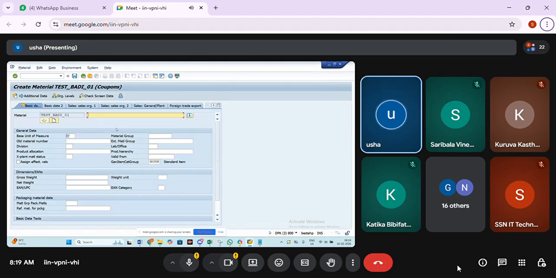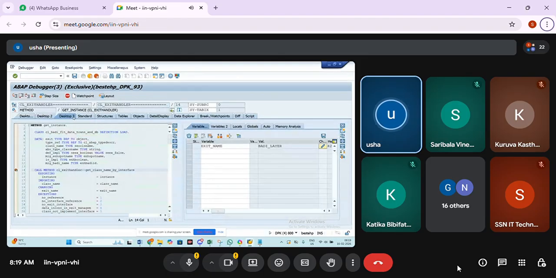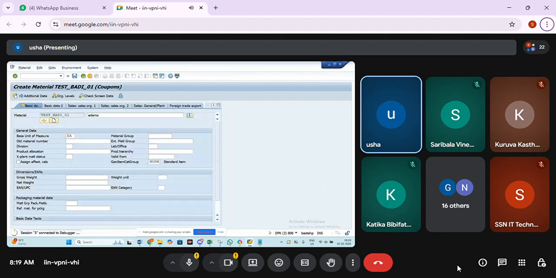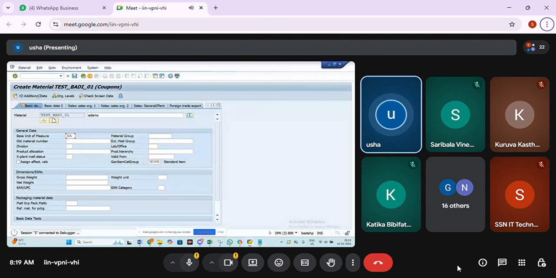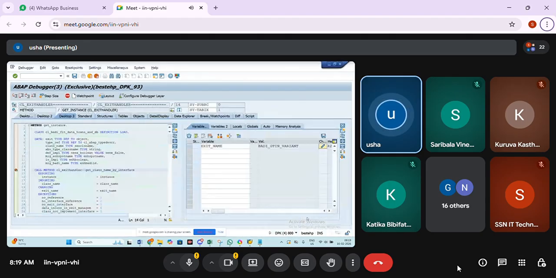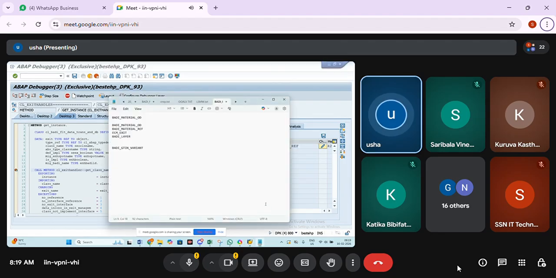And then save it. You can see that when I'm saving, these are the BAdIs which are triggering. Go to the debugging and keep on pressing F8 and note down all the BAdI names.